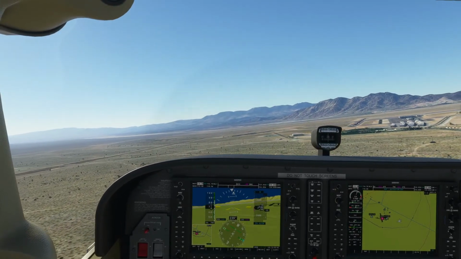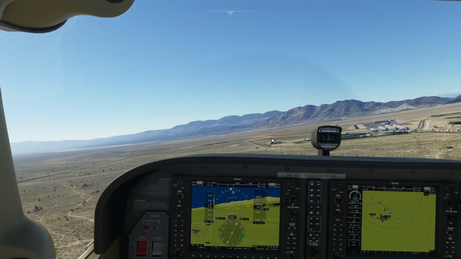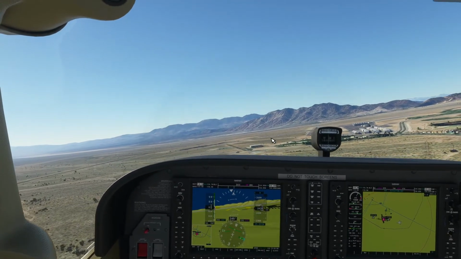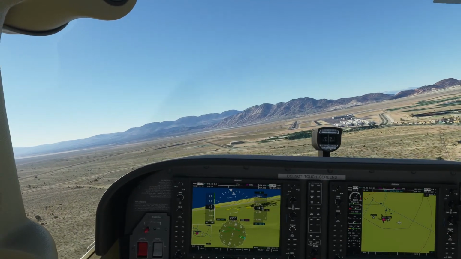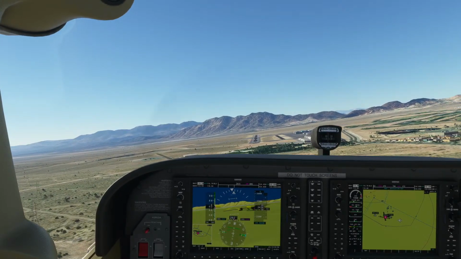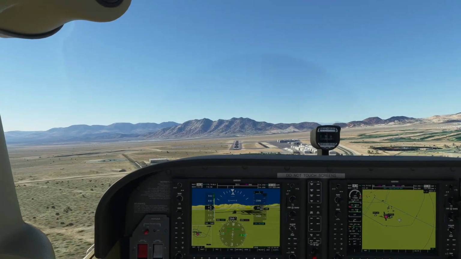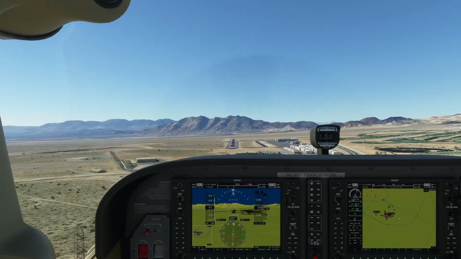There's those power lines, if y'all see them. There's a couple right here and here, and they look a lot alike. Like they look almost exactly like what I was seeing yesterday in X-Plane 11. Maybe that's how they really look in real life. I know not all power lines are created equal, but